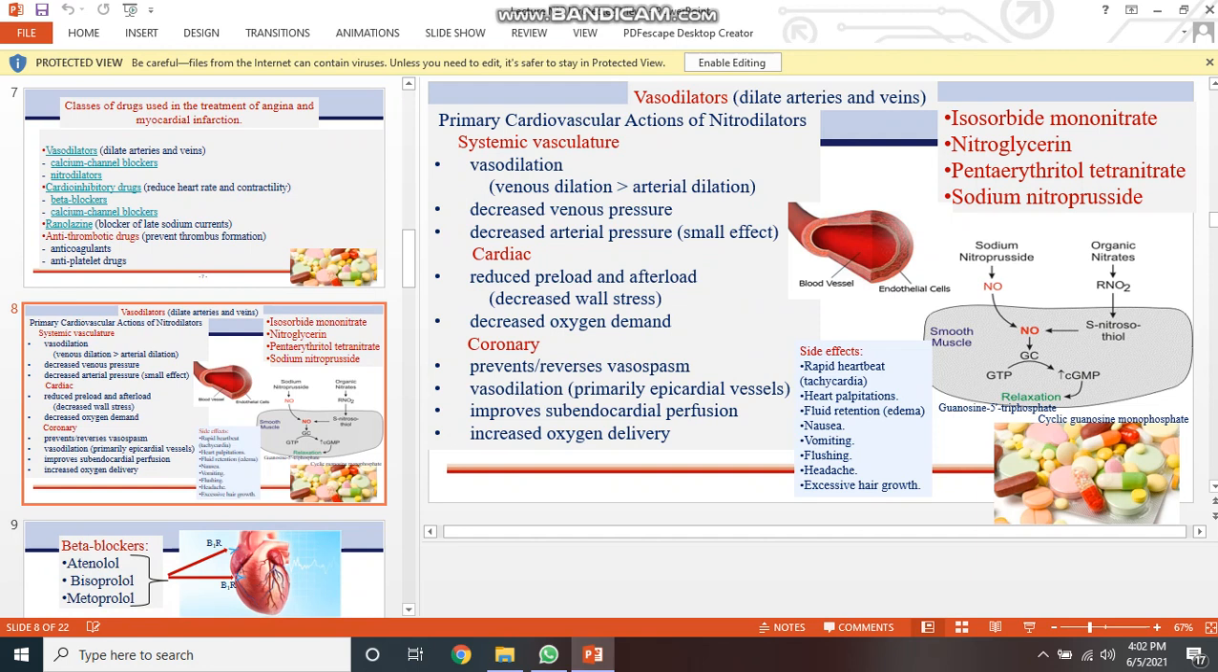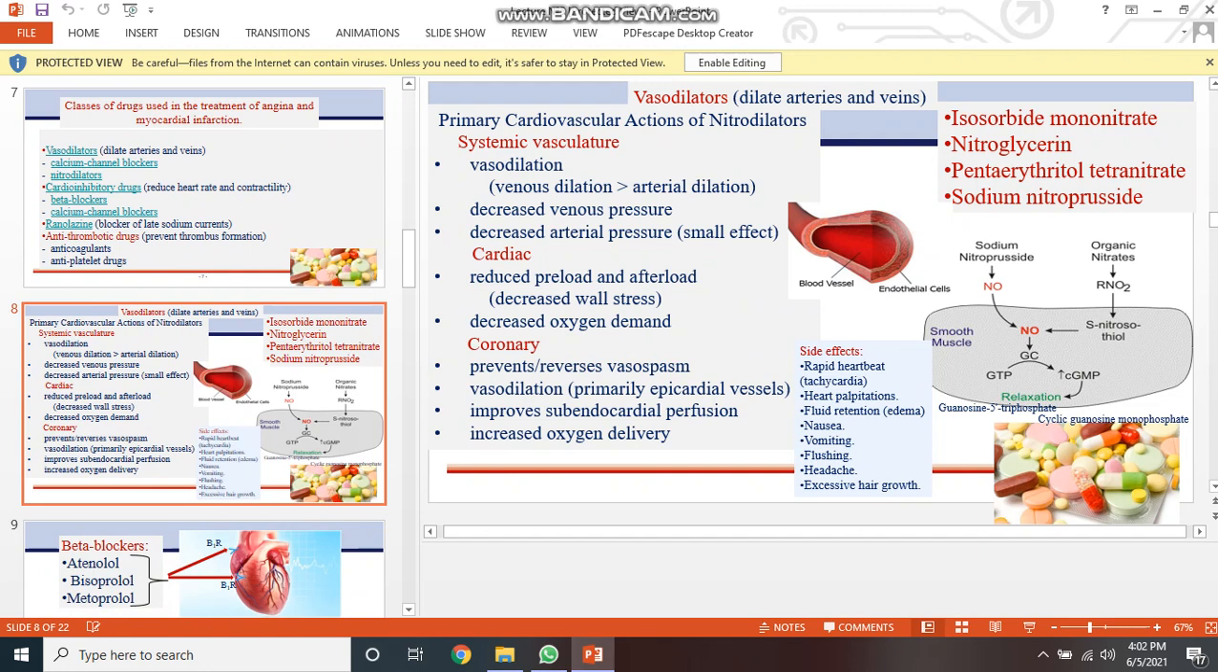Primary cardiovascular action of nitrodilators: systemic vasodilation, where venous dilation is higher than arterial dilation. This decreases venous pressure and arterial pressure, with a small effect on the heart. It reduces preload and afterload, decreases wall stress and decreases oxygen demand. In the coronary vessels, it prevents reverse vasospasm. Vasodilation of the epicardial vessels improves myocardial perfusion and increases oxygen delivery. Examples are isosorbide mononitrate, nitroglycerin,